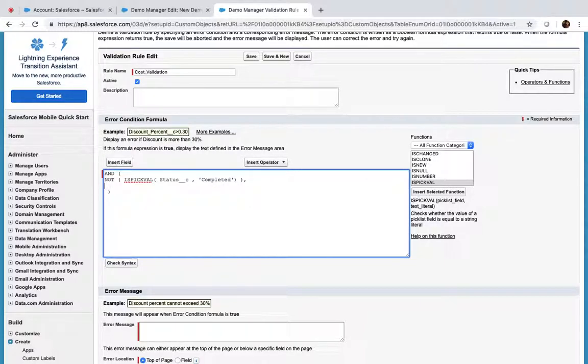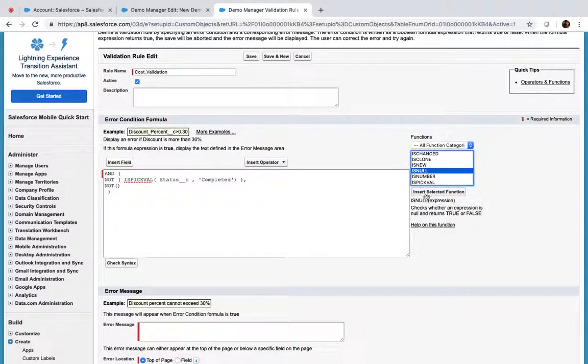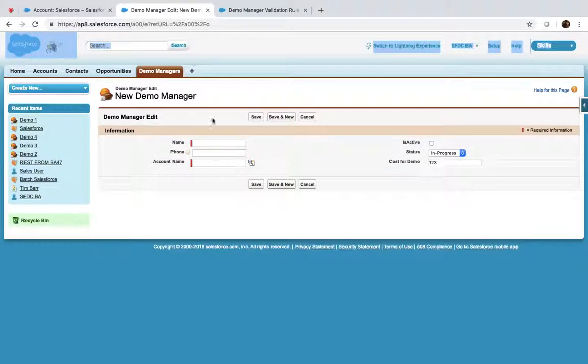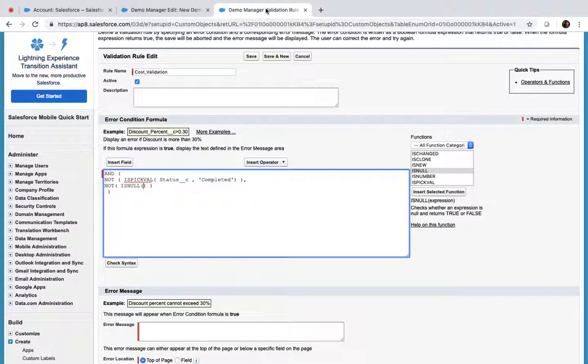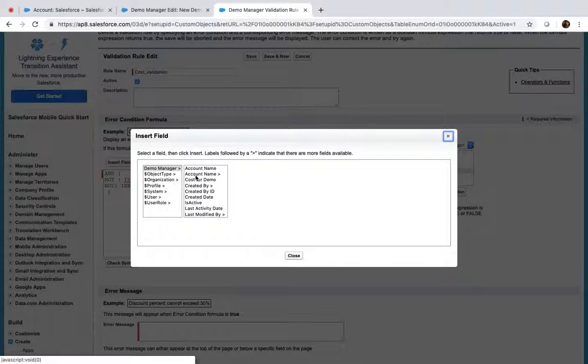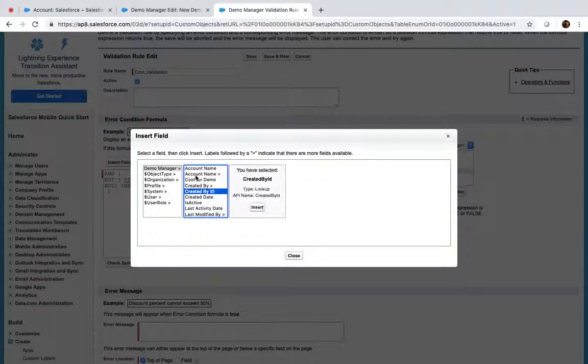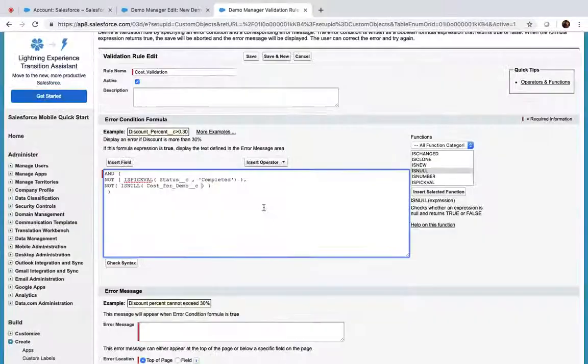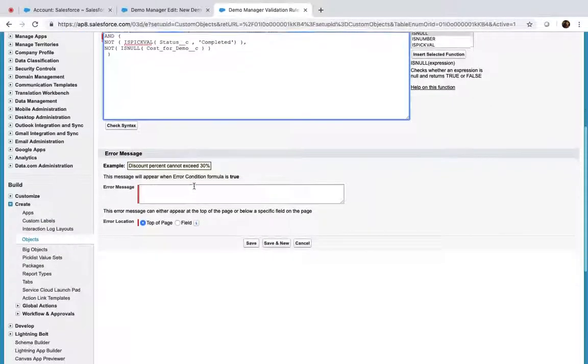Comma, NOT of ISNULL of cost for demo. Insert cost for demo, insert. Now you can see what I'm saying: NOT of is equivalent to the status not equal to completed and cost for demo not equal to null. It has a value. Then